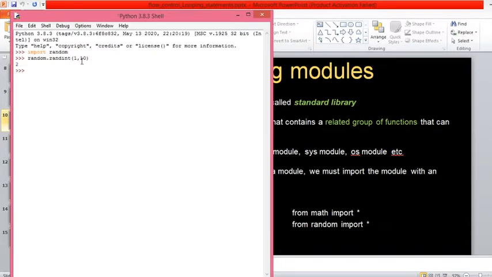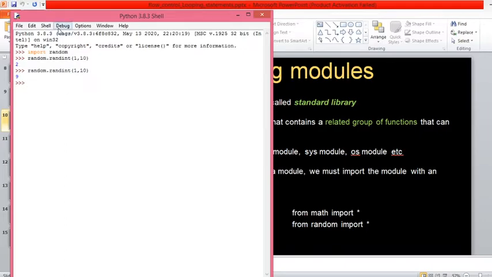For example, when I execute this function random.randint(1, 10), it is producing 2. Similarly, if I rerun this function, again you see it's generating a different number, that is 9. So randomly it generates a number between 1 and 10.